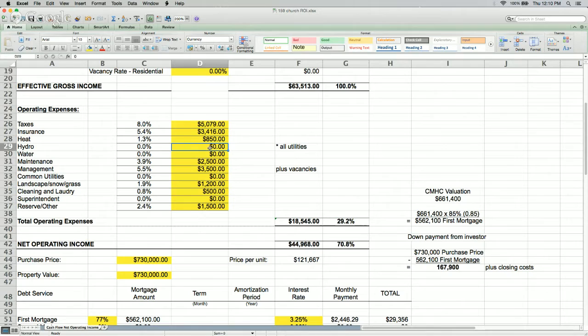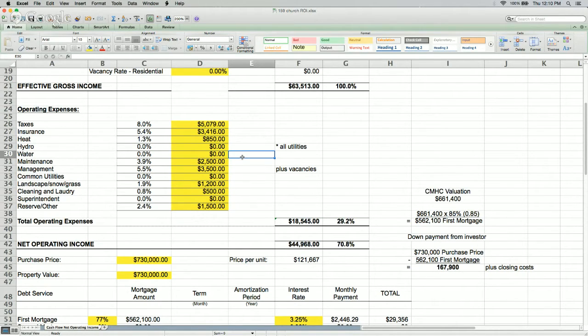A lot of buildings are metered for hydro, and landlords charge rent plus hydro. So a lot of times you'll see a 0 here in the hydro column. It's rare to find buildings that are metered for water, but this one specifically is. Okay, and just a note on that: if you are doing renovations to a building and updating it to modern